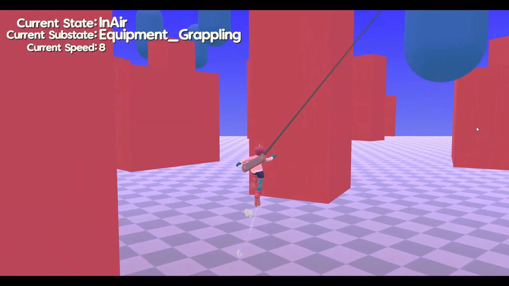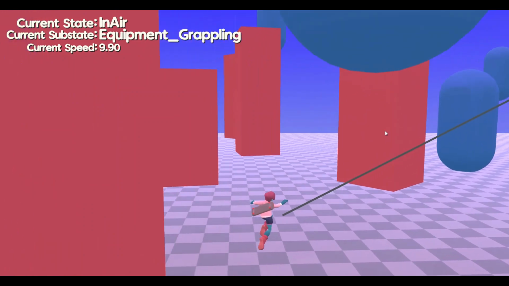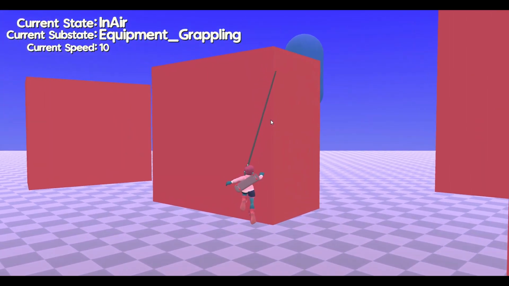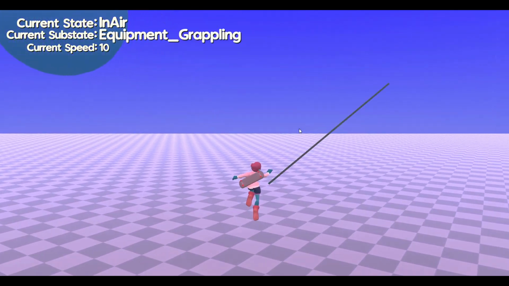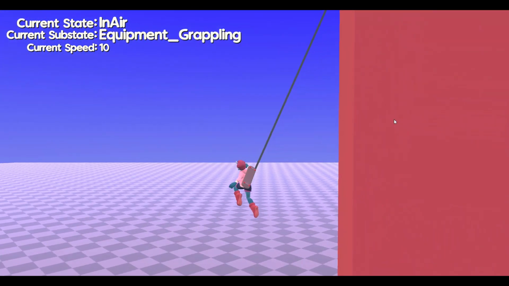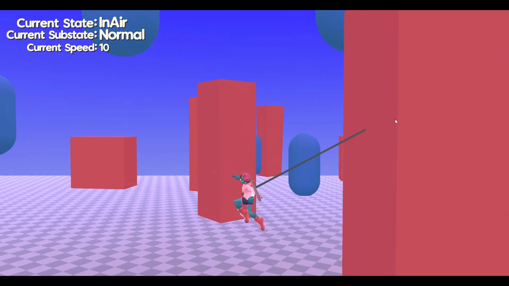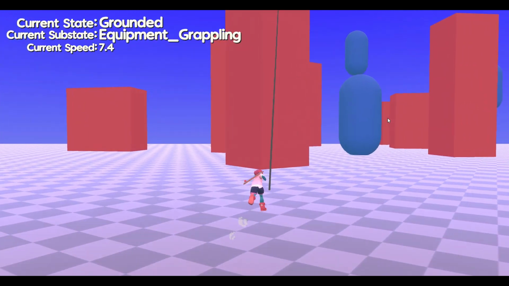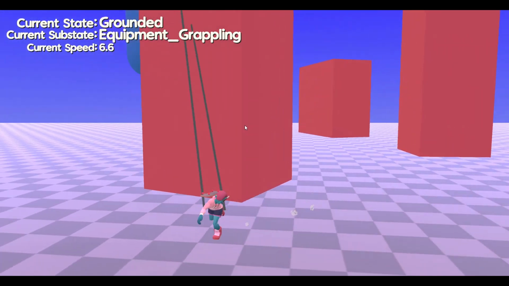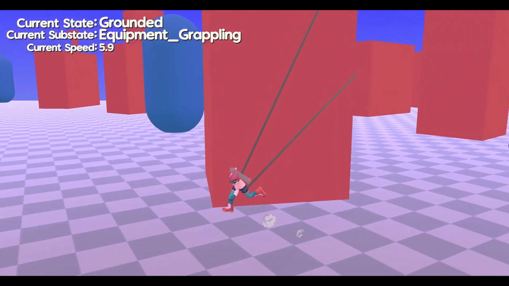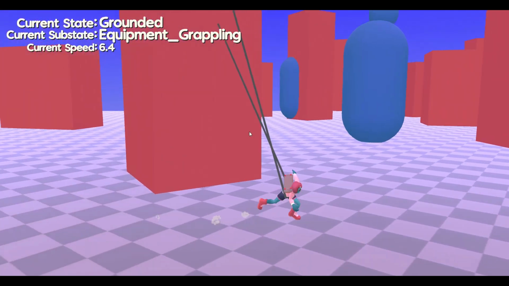I then had to calculate the tension for each of our ropes. This is essentially how much this rope is going to be pulling our player back. This is calculated by the length of the rope, the amount of points in the rope's tension, as in how many points they have curled around, the angles of these points, as in how complicated and different are the points that we have curled around, the distance to the closest point to the tether, and the distance overall of the